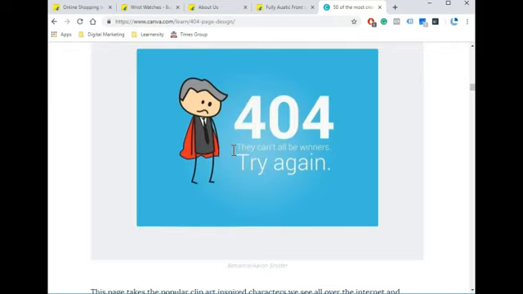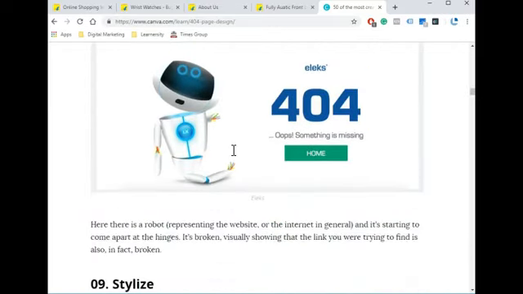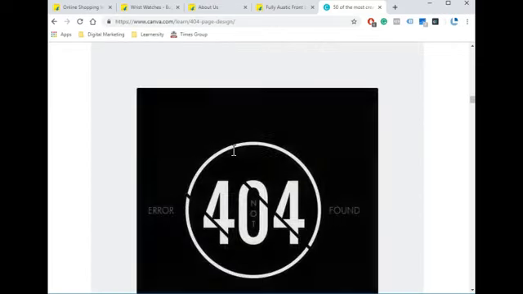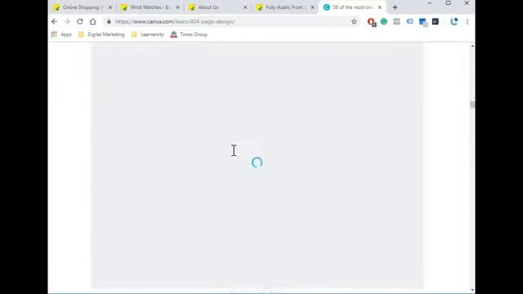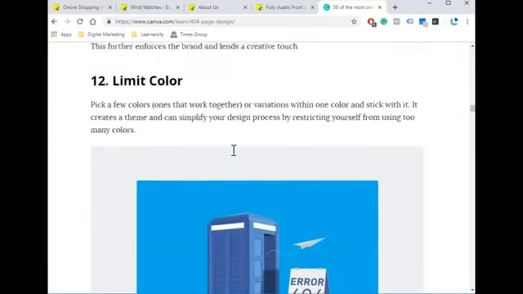They can't all be winners, so try again, right? So these are custom error pages which the industry is using. So I would suggest you try to have your own custom error page. Okay,